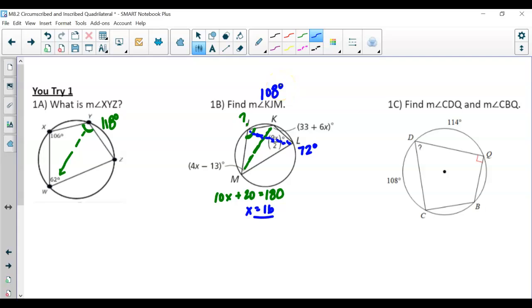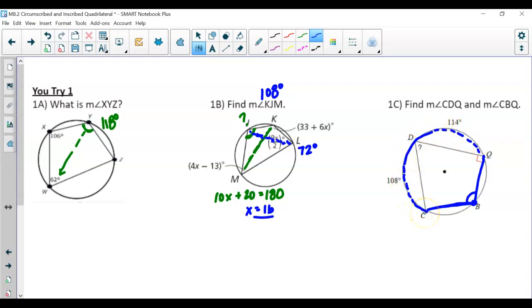Then the last one here, you're looking for the measure of angle CDQ, which was marked, as well as CBQ. Now, notice here that nothing was given to you, the opposite. However, you're given the 2 arcs, and you're given the 2 arcs for a reason. What I did here was I started with angle B, because angle B being inscribed, the 2 chords that create angle B create